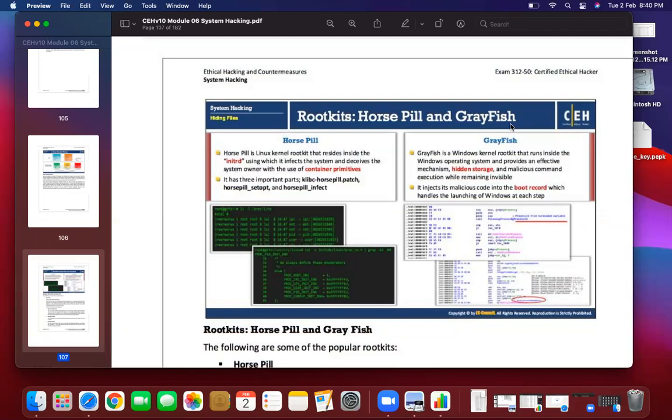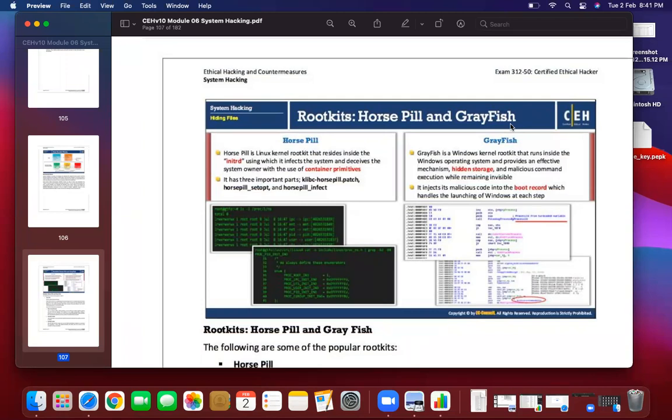Many times you reinstall the operating system by formatting the laptop, and still the same issue happens, which means a rootkit is there.